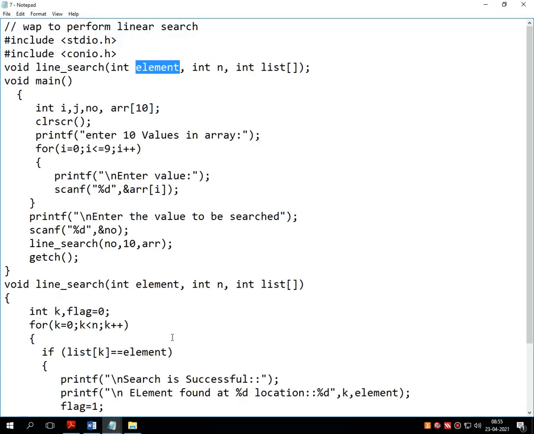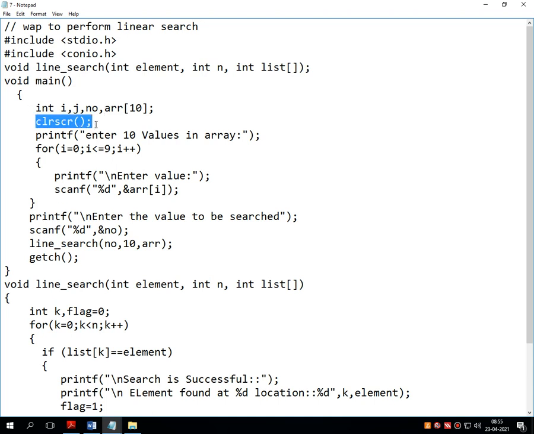So for that, before the function call, there is a void main statement in which I am declaring 4 local variables, that is i, j, number, and one array of size 10. You can decrease it, no problem, it depends on you.